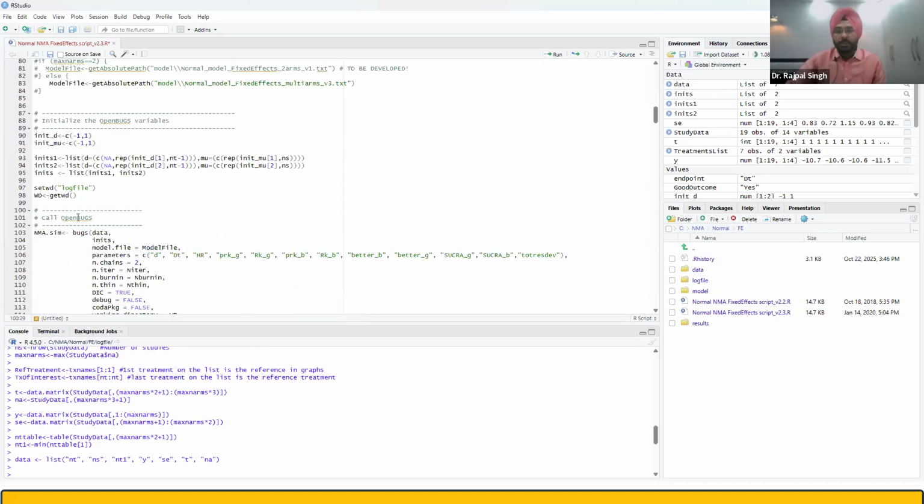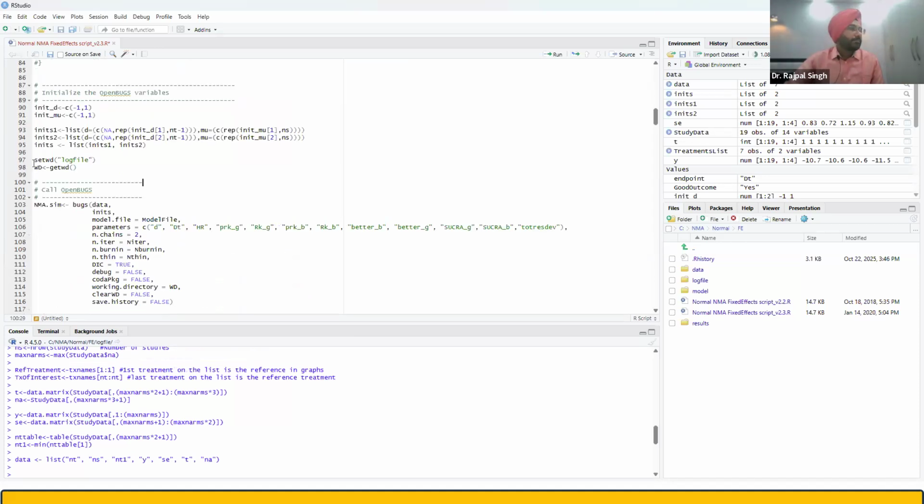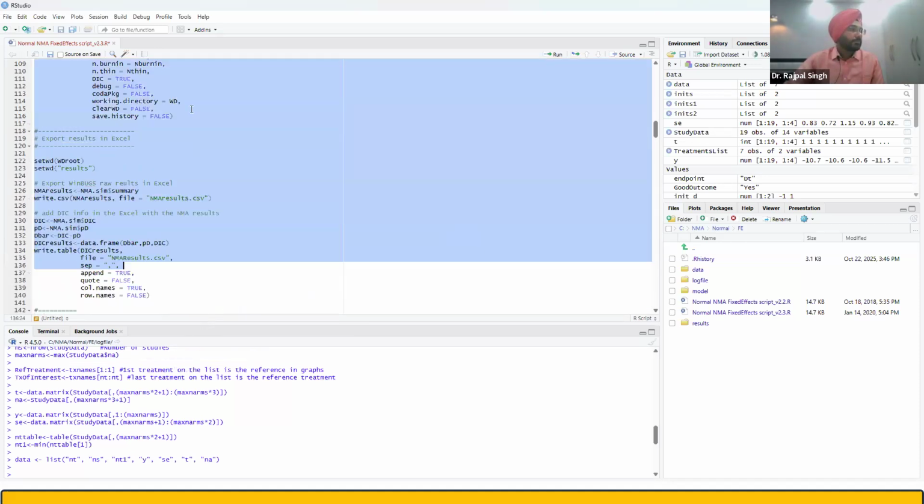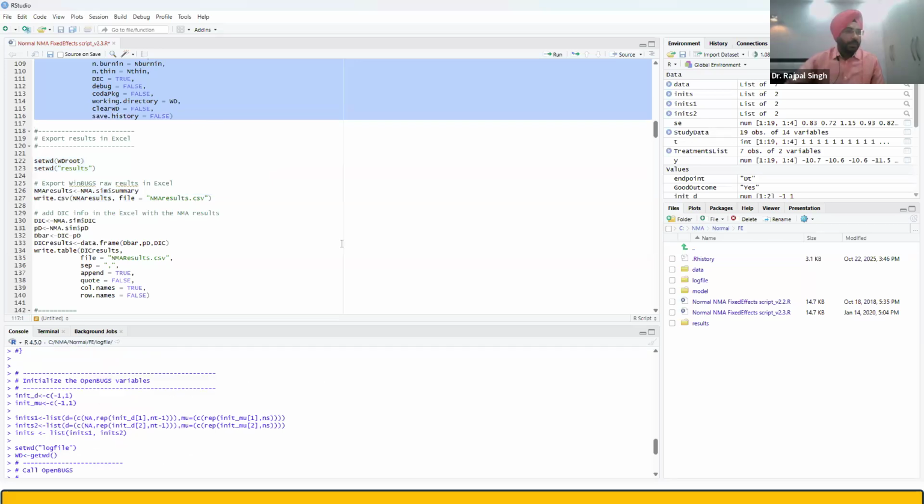Now we will call OpenBUGS to do the analysis. This generally takes 2 to 3 minutes. So let me find out if there are any questions in the meantime. There are no questions at the moment. So I would advise, if you have any questions till now, you can put them in the chat box and I will answer that. Once this analysis is conducted, we will export the results into the Excel file